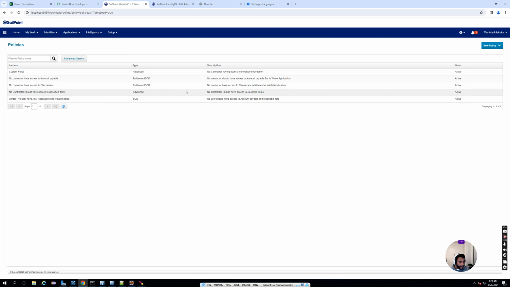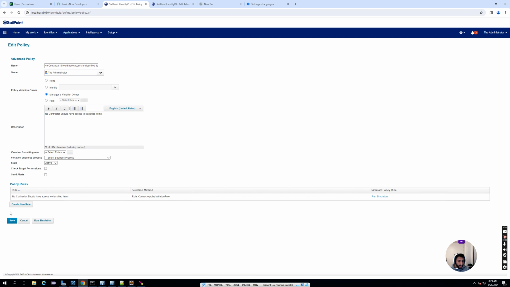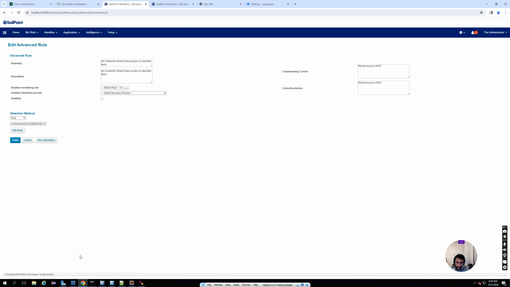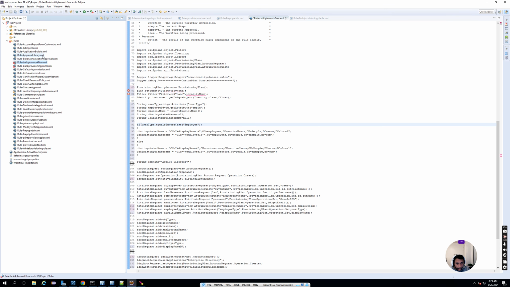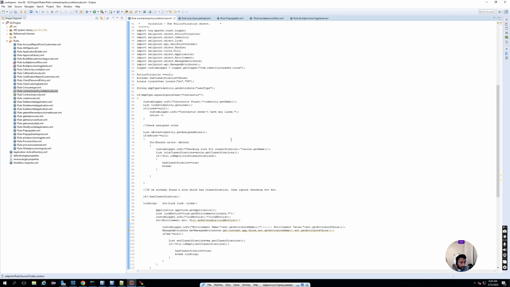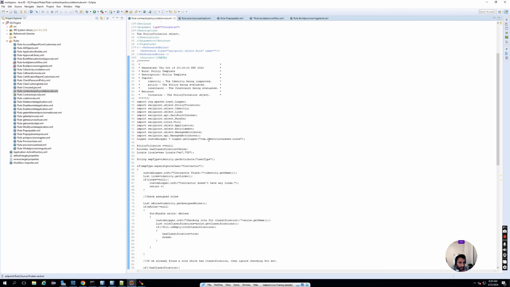For example, I have made a policy that states that no contractor should have access to a classified item. So here under policy rules, I created a rule which was again a coded rule. Let me see if I can show you. This is the contractor policy violation rule. Yes, if I open this rule, so what this rule basically is doing is,